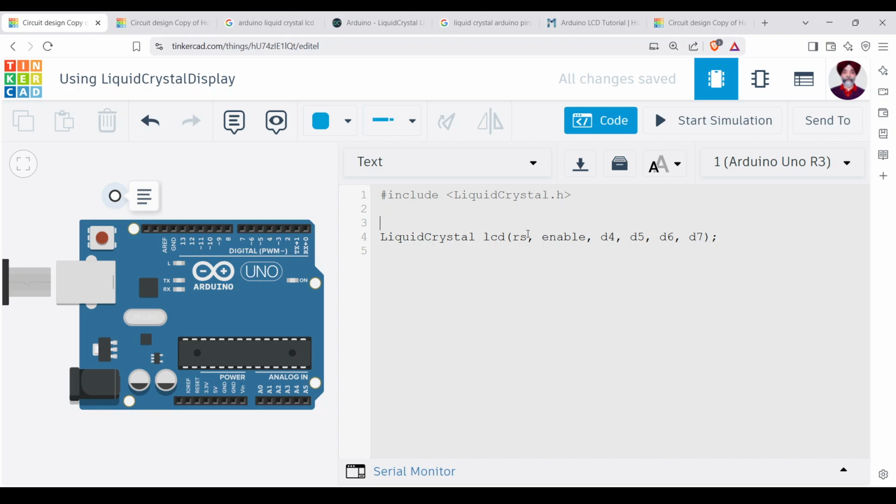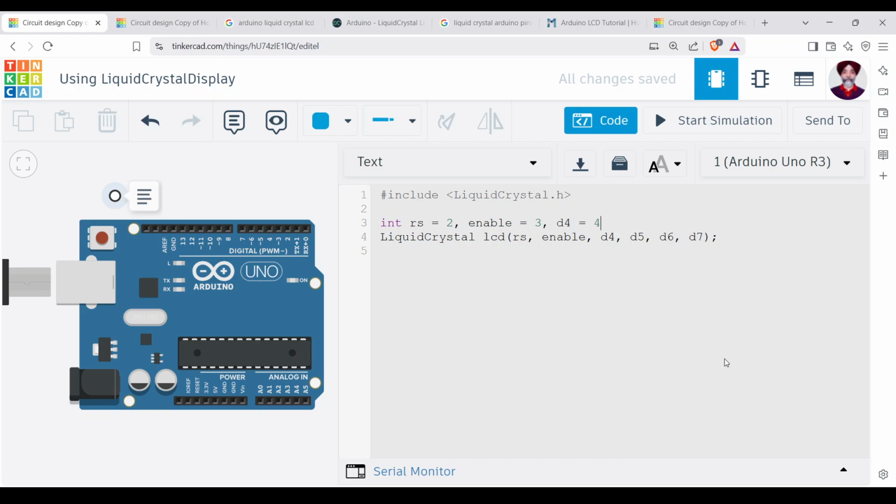Now basically this is the variable containing the pin number for the RS. This is for enable. This is for the D4, 5, 6 pins. Let us create those variables first. So I'll say RS is equal to, let's start off by giving them pin numbers. Let's start it with 2, 3. So I'll create RS with the value of 2, enable variable with the value of 3,